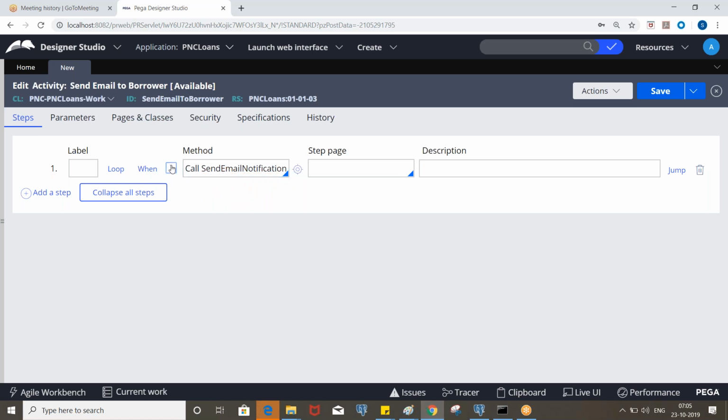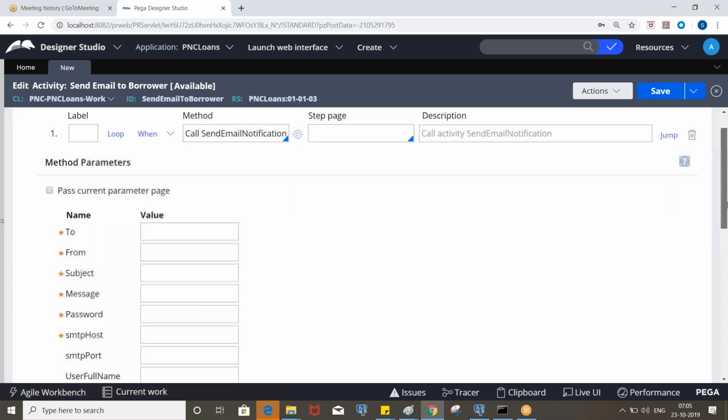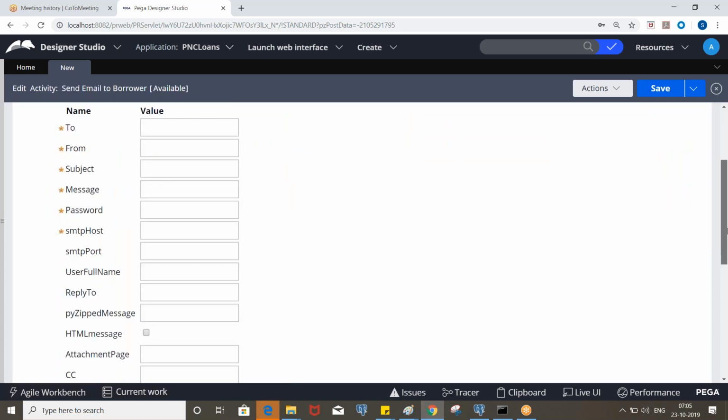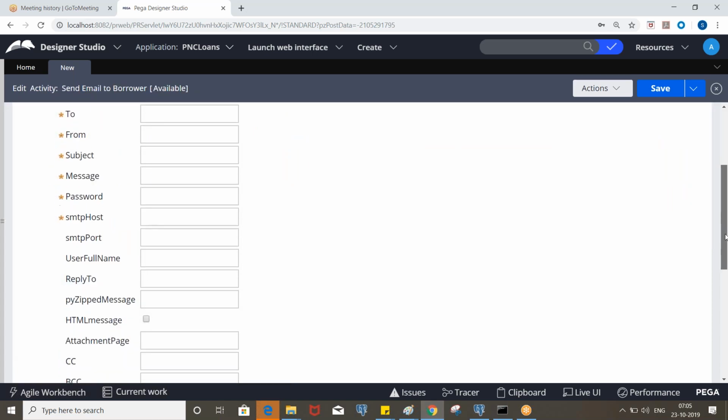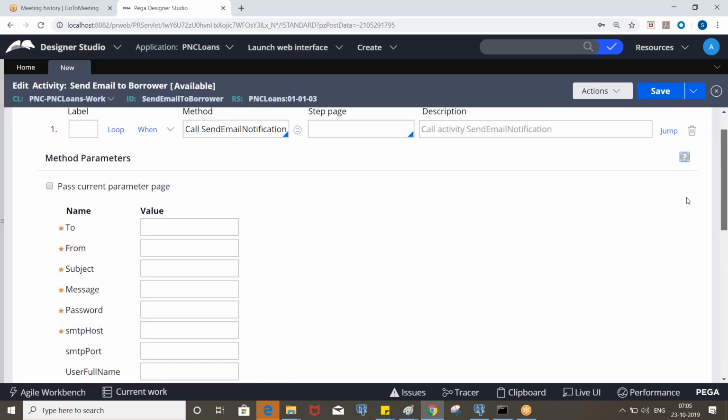And if we expand this, you will see all the mandatory parameters, right? The to, from, subject, message, password, SMTP host. These are mandatory.